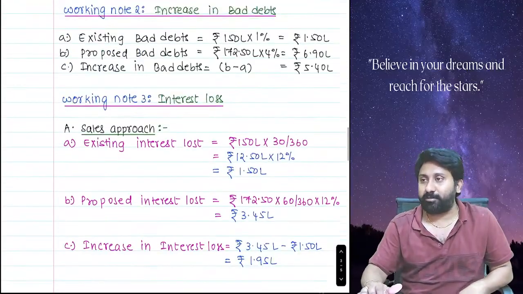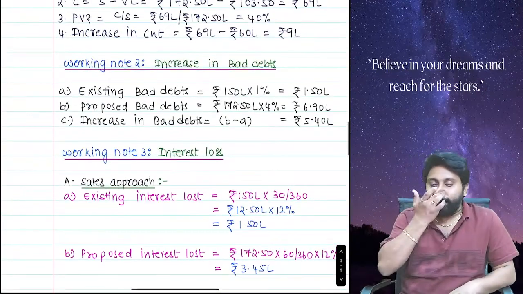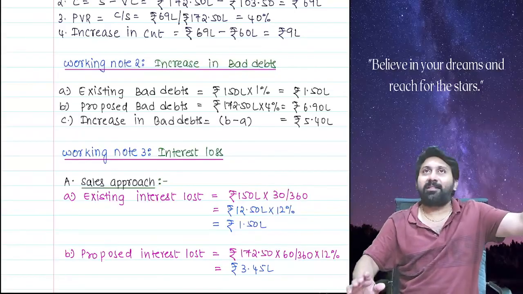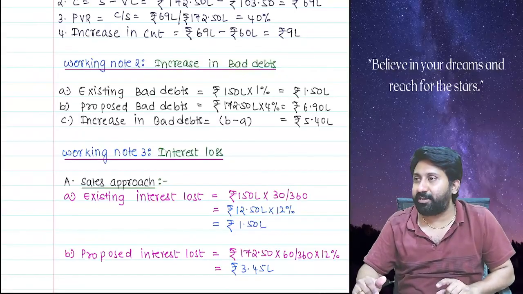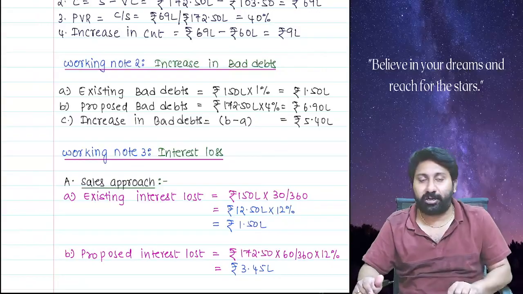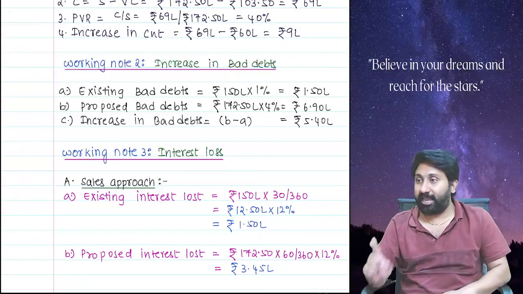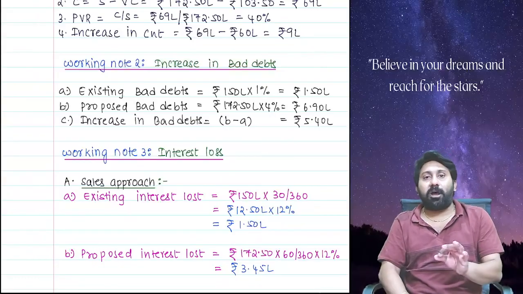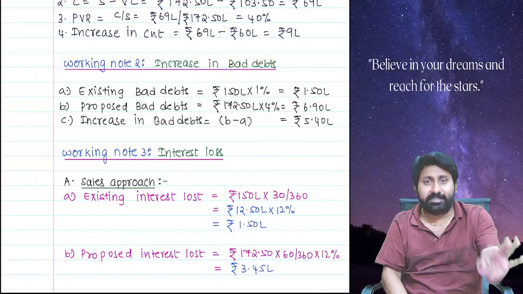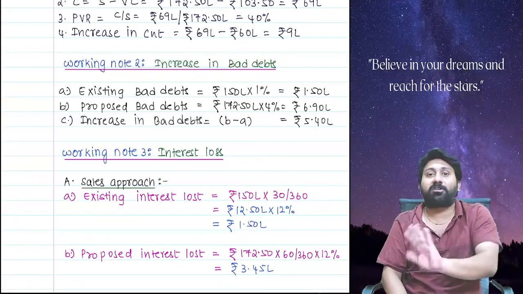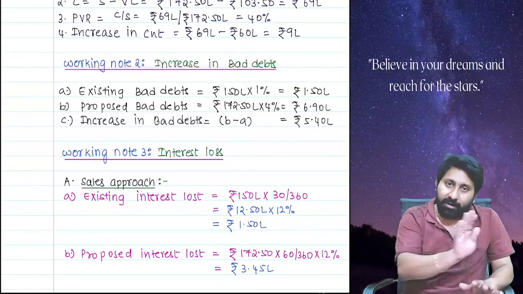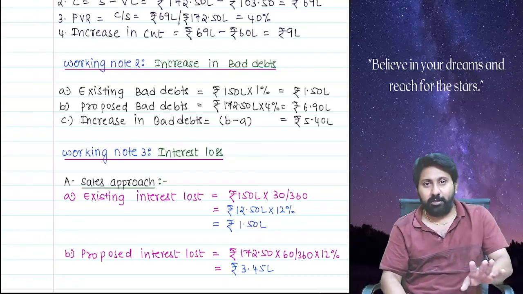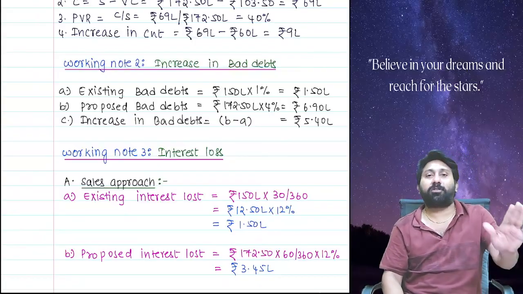Second type of question, no cost detail was given. They only give that this is the sale, this is how the sale is going to increase because of the increase in credit period. Follow the sales approach. Listen. Number one, information about variable cost only is given: sales is given, variable cost is given, fixed cost and other costs they didn't give. Follow the variable cost approach. If the question mentions sales only without mentioning the fixed or variable cost,